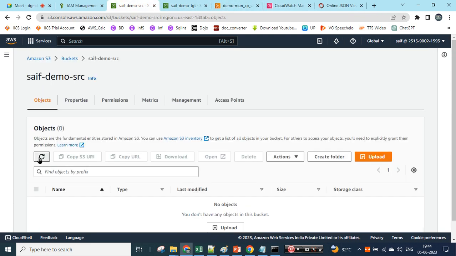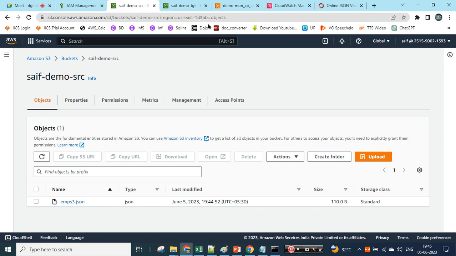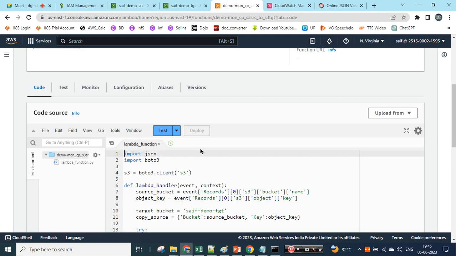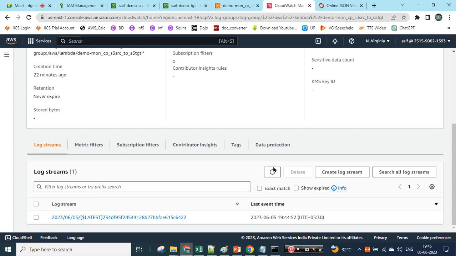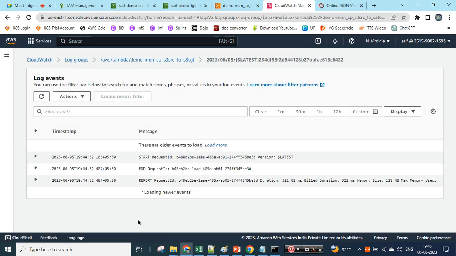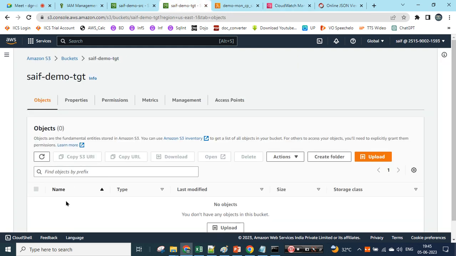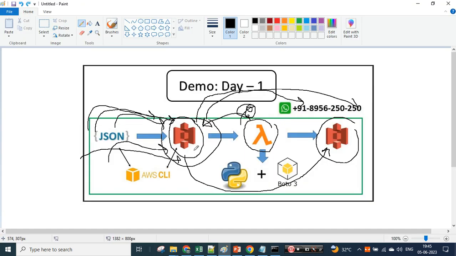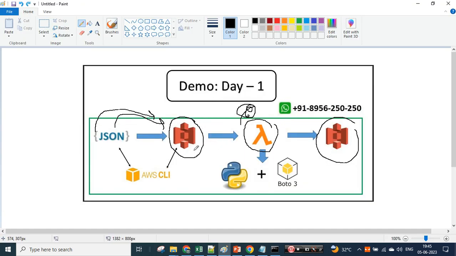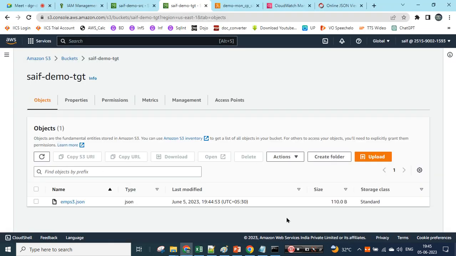Let me just do a quick validation. Yes, as soon as the file appears, since we added the trigger, the code would have been triggered, and it would have generated some log file. Yes, the logs are getting generated, which have start and end, no errors, looking good and clean. Let's go to the target, and we should see that bucket over here, and we are able to see that JSON file. Cool, beautiful, all looks good. So we have implemented successfully. We got some glitches, we got some errors, we debugged, we troubleshot, and we implemented this end-to-end process. So I'll stop this recording and I'll start